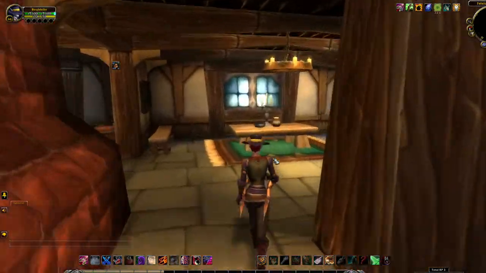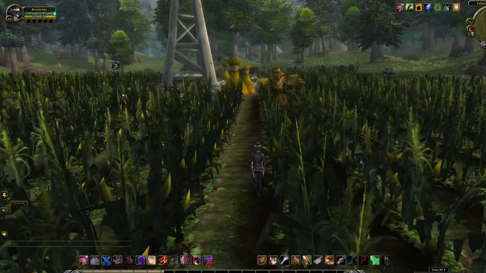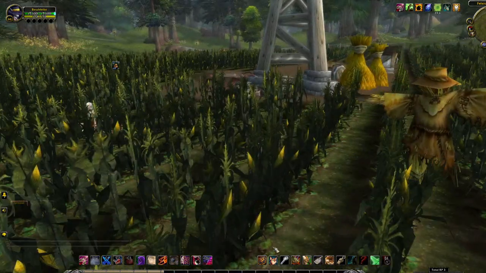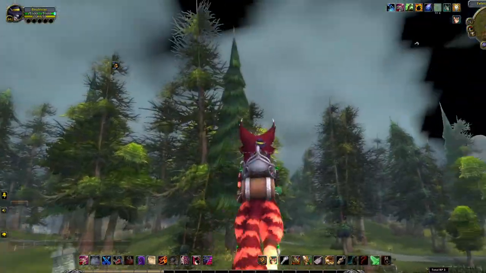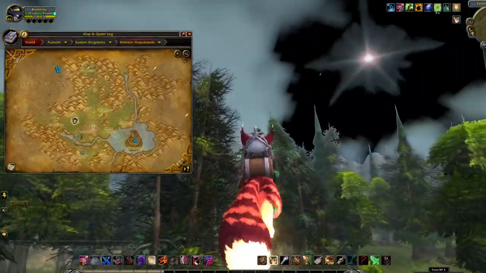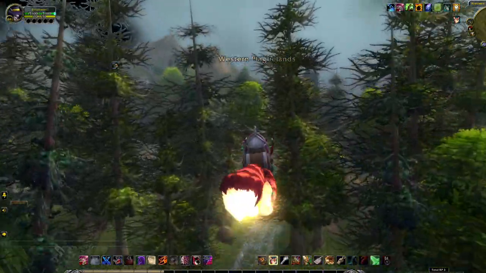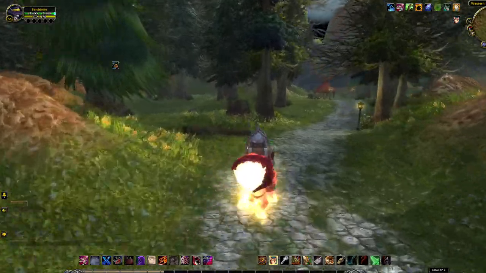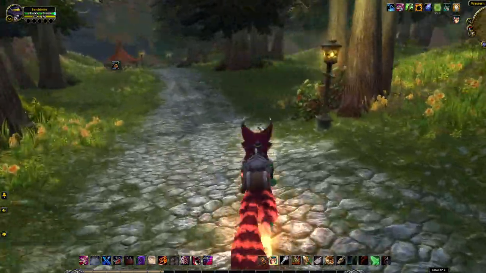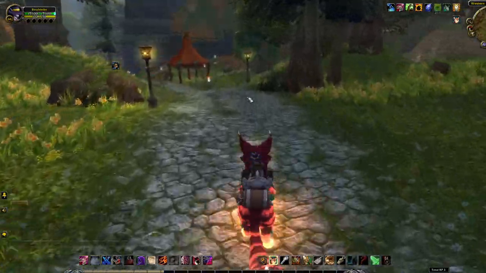So yeah, I can't remember if I was on pause when I came through here last time or not, so I'm just going to assume that I was, and we will move on, and I will show you the Chillwind camp, which is, well, actually first we're going to run by the Bulwark, which is the Horde's intro to the Western Plaguelands area. It's kind of the area that you go to and they'll send you out and get you started